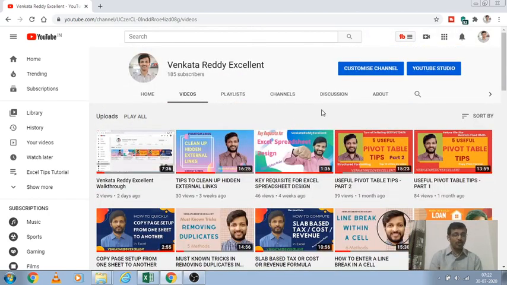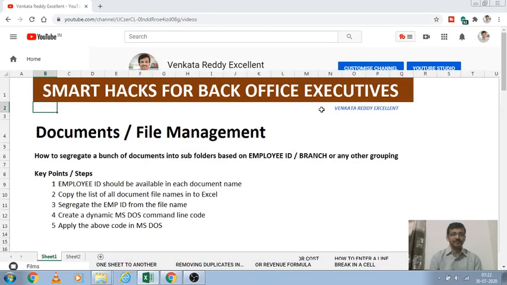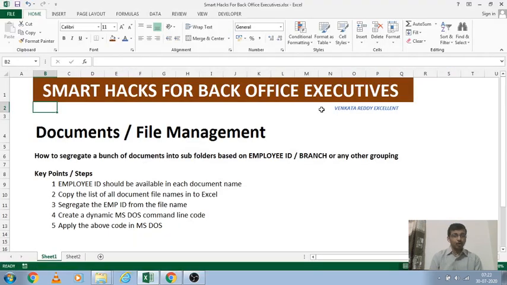Now let us go to our topic. How to segregate a bunch of documents into subfolders based on employee ID or branch or any other category. You have to remember these key points or steps. First one is the key column, the employee ID or any branch or any other category, that name should be available in the file name, in the document name.